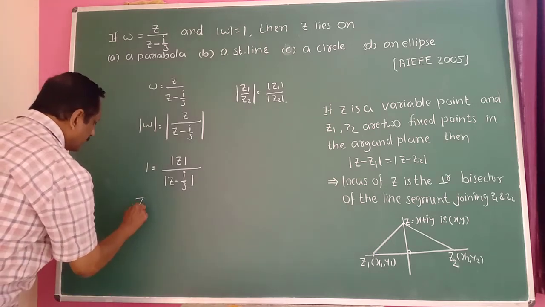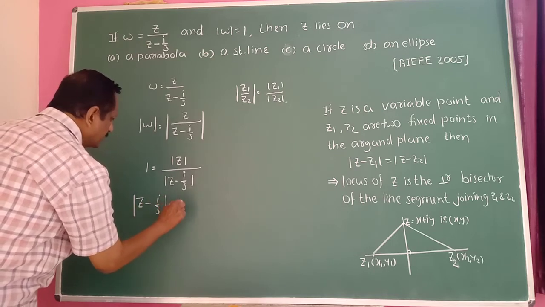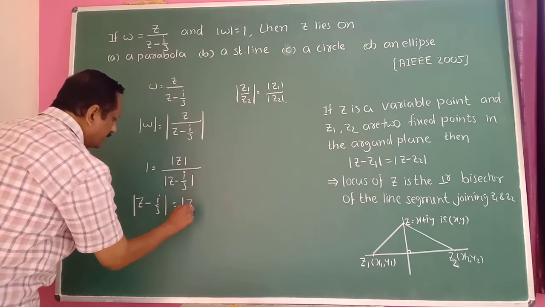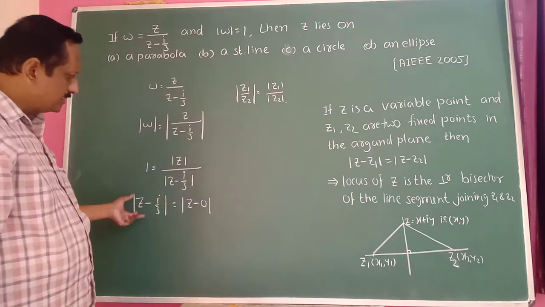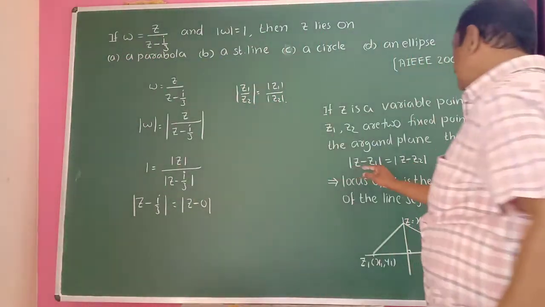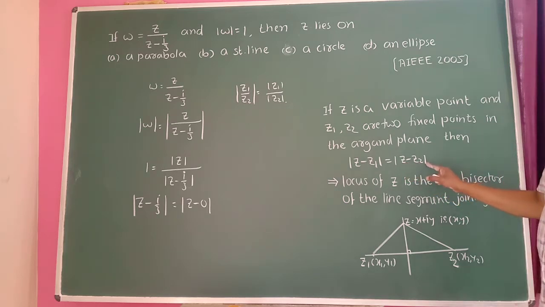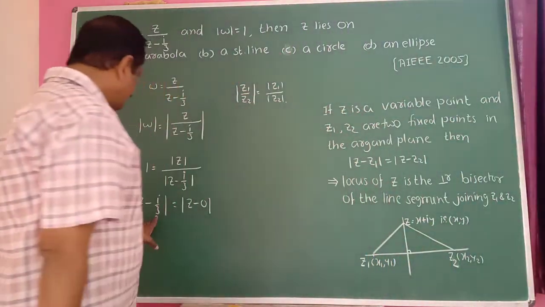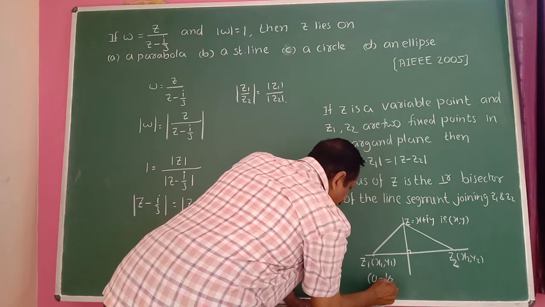So therefore modulus of z minus i divided by 3 is equal to modulus of z. Z can be written as z minus 0. So this is in this form: modulus of z minus z1 is equal to modulus of z minus z2. Then the locus of z is the perpendicular bisector of the line segment joining the points z1 and z2. Here z1 is 0 comma 1 by 3,